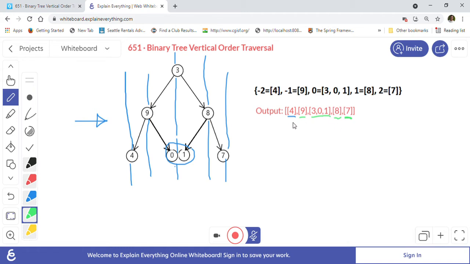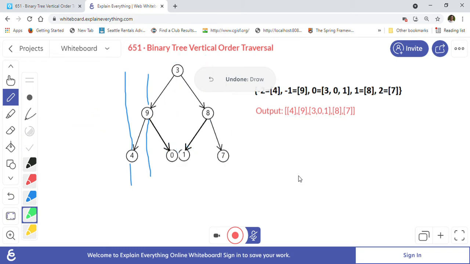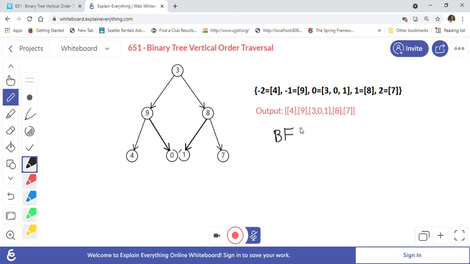So let's discuss how we are going to solve this question. Let me backtrack because I can explain again with the same tree. Now what we will do is take two queues. We are going to solve this problem by using the BFS approach, breadth first search, where we will use queues.